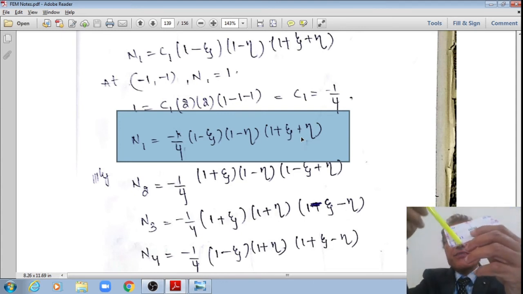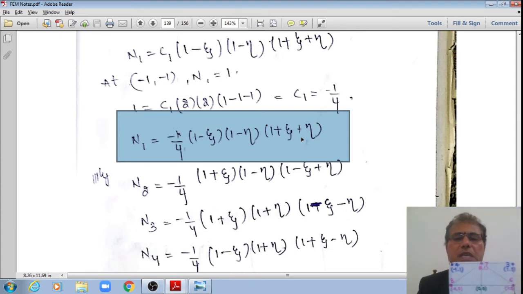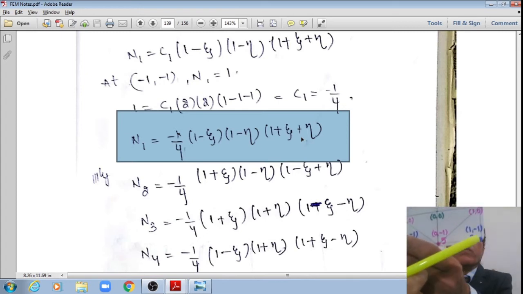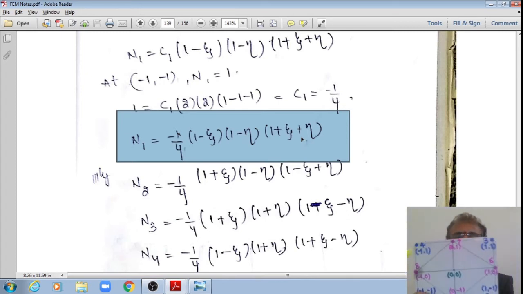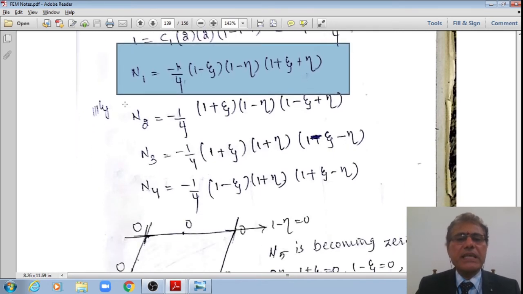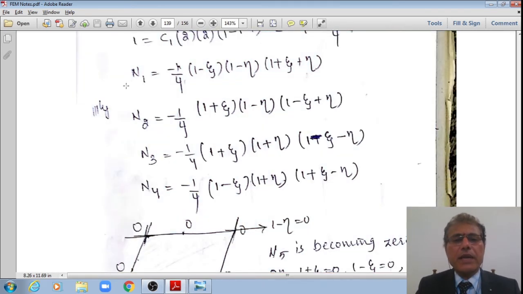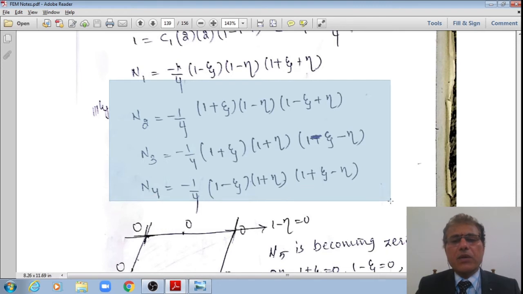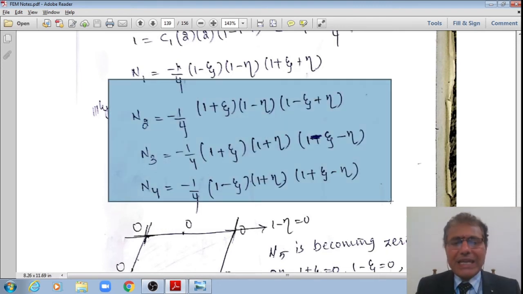Similarly, if you understood this concept, students, you can do the same for node 2, node 3 and node 4 also. These are respectively given by these equations. I'll not explain now, right? You can do it starting from fundamentals. You can write it as a product of these lines at which these shape functions vanish, and substitute that the shape function value N2 or N3 or N4 is equal to 1 at its own node. That node value in the local coordinate system or natural coordinate system you can substitute